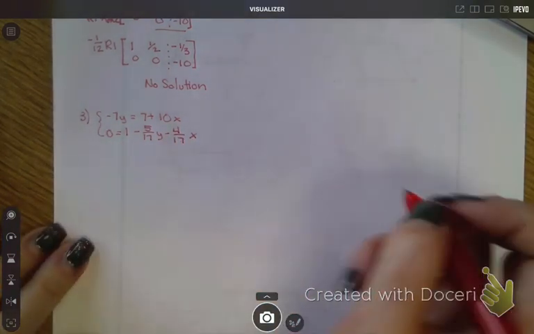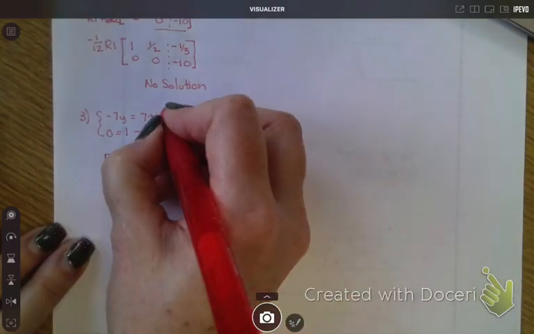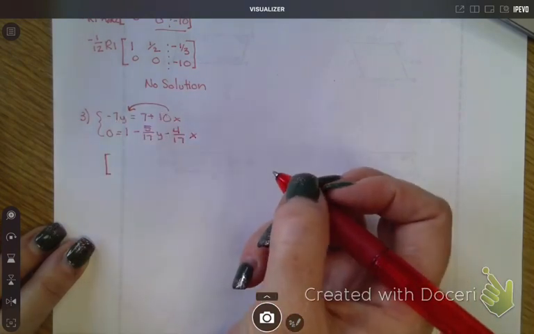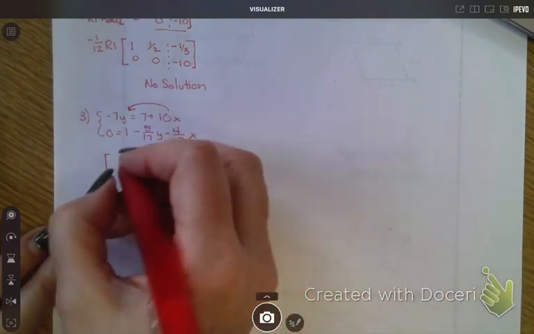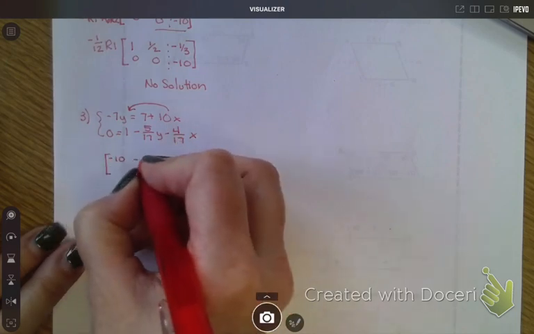Okay, so doing my augmented, I need to subtract this over. So it would be 10, negative 10, minus 7,